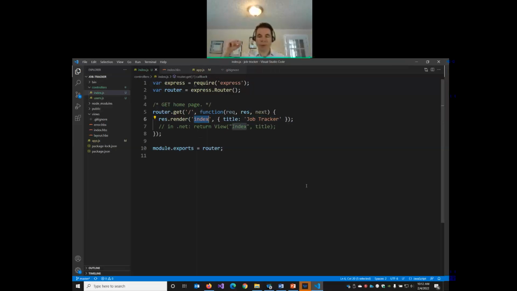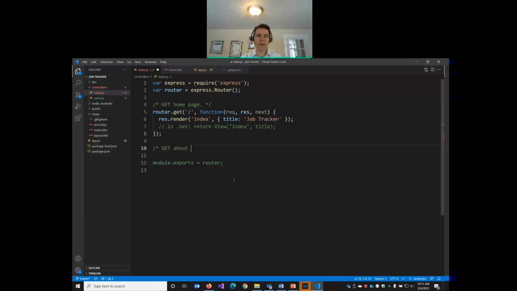So what I want to do now is go through the process of how we would add a new view, like an about us, an about this site page. It would be quite similar in Node and Express as it would be if we were working in ASP.NET. We're going to write a method in the controller to accept the path /about, and then we would want to render an about view. Then we would have to build that view as a template, an HBS template, inside of the views folder. So let's go ahead and do that. So in our index.js, in our controller,